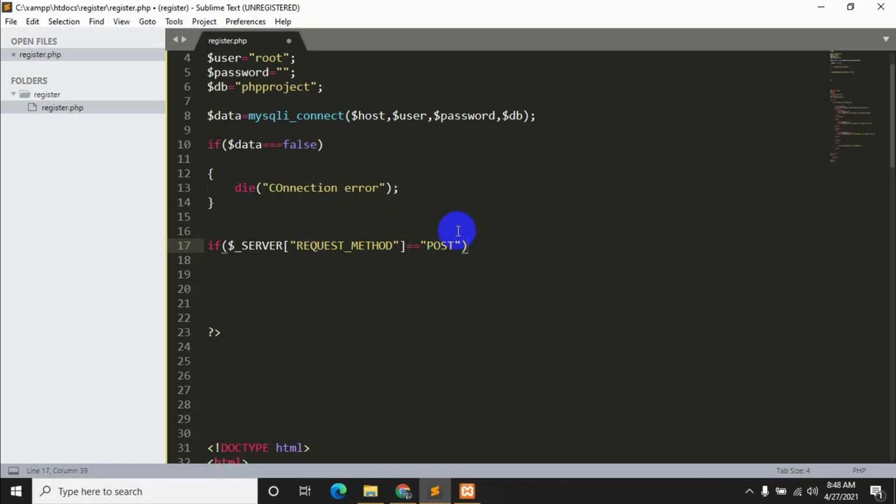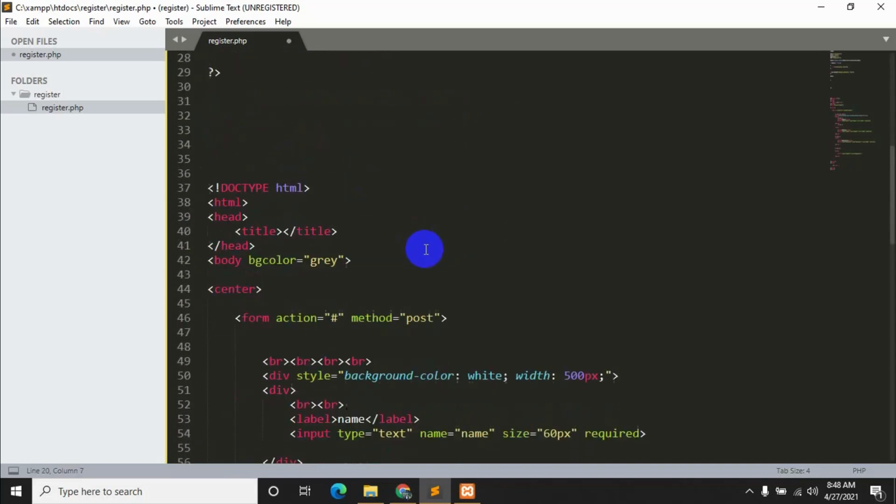Okay, after this I will just open the second bracket, and inside this second bracket we will say $name is equal to, this is a variable that we are declaring over here.